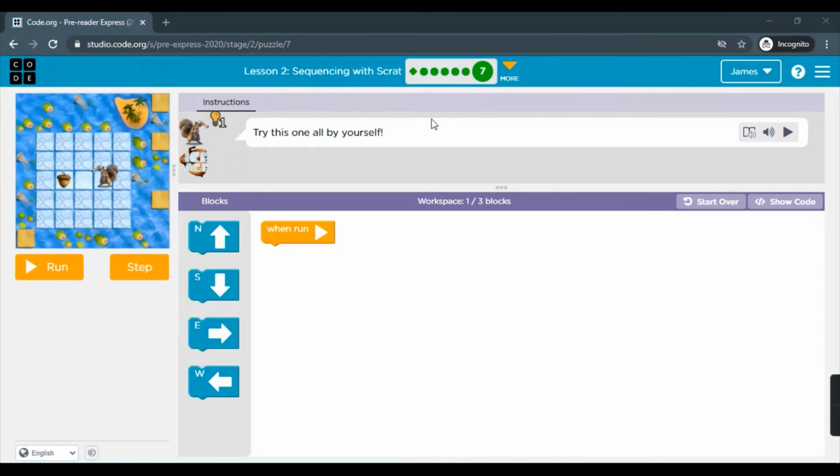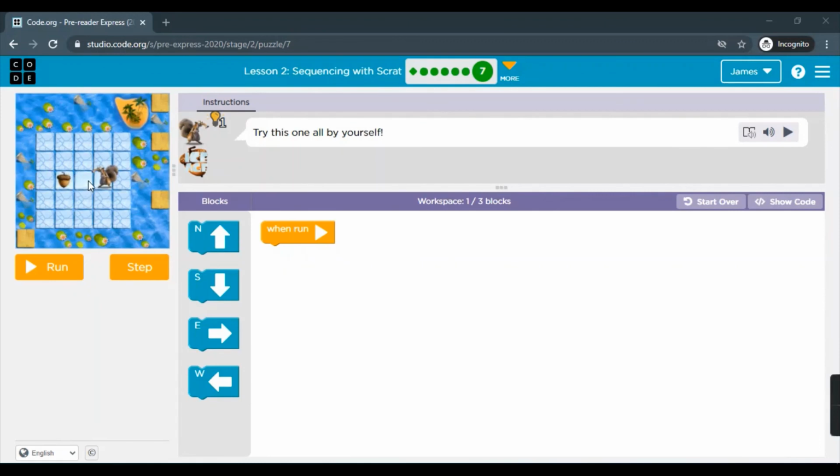In puzzle 7, let's find out. Try this one all by yourself. I'm sure you will be able to do it on your own. It is very easy puzzle. You just need to identify which directions cat has to go to get the acorn. Now, as you can see, it is here. It need to move one step and 2 steps.